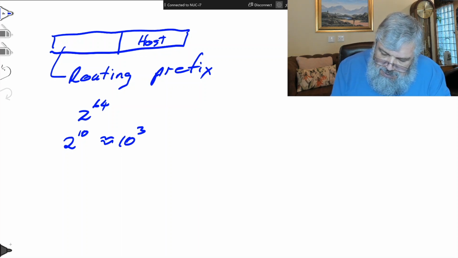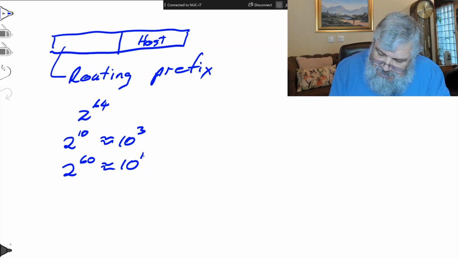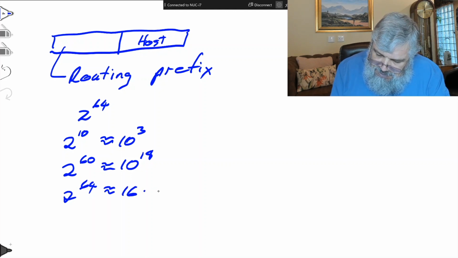So what that means is 64, we have 10 plus 10 plus 10 plus 10, there are 6 of those. 2 to the power 60 is more or less equal to 3 times 6, 18. And since this is 64, 2 to the power 64 would be equal to more or less 16 times 10 to the power 18.